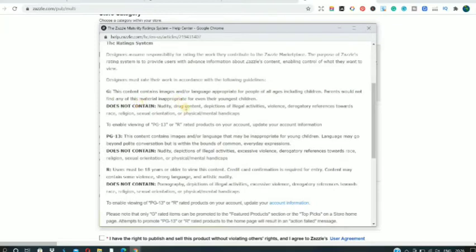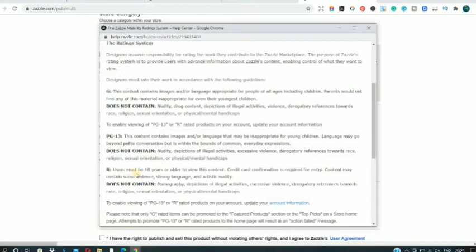The G is for content or images appropriate for people of all ages, including children. So if your design is not mature, has no nudity, adult or drug content or anything like that, and is relevant for all types of people, including all age groups and children as well, then probably go with G. But if your design contains content that may be inappropriate for young children, mature content that is sexuality or drug related or abuse or illegal action or anything like that, then probably select PG-13.